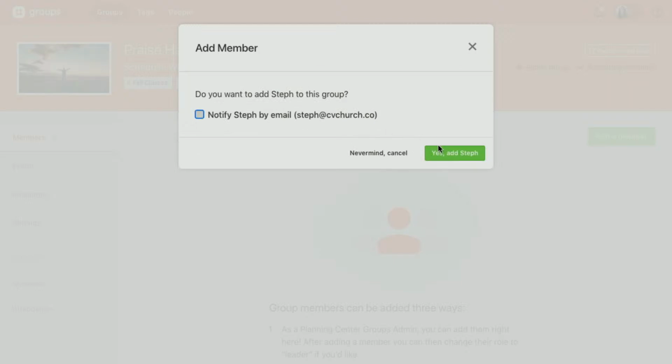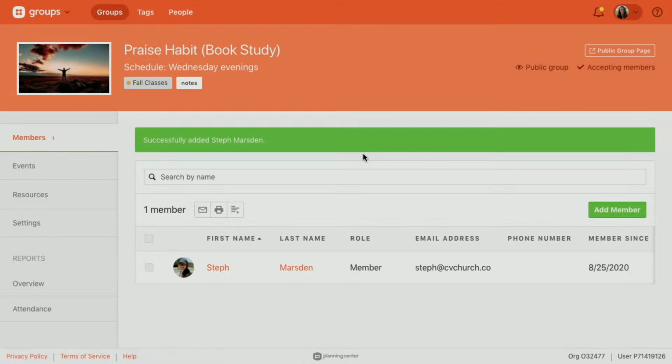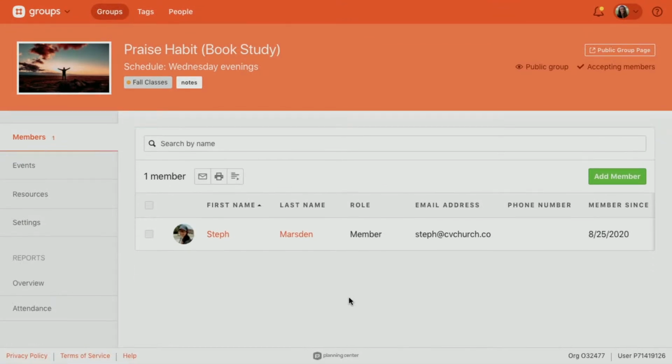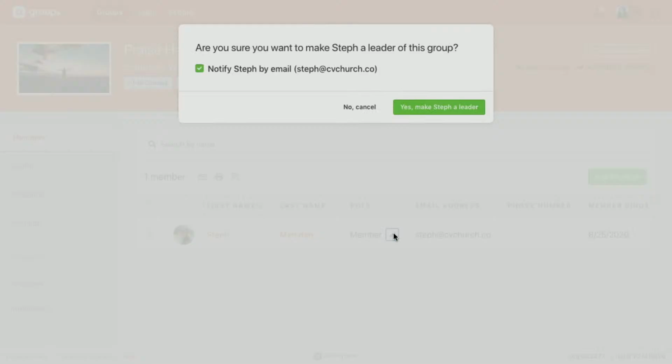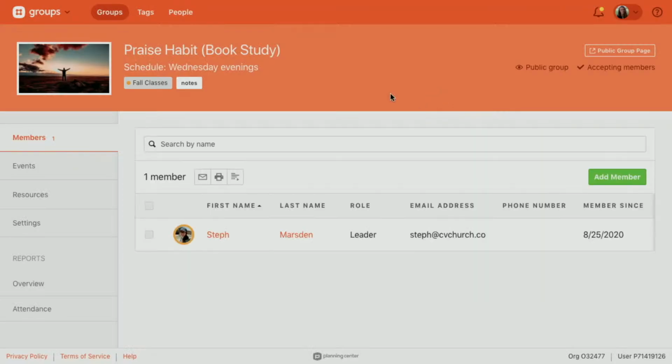I don't want to email her just yet because I am going to add her as a leader and email her then. So come right here, and all you need to do is hover over the member role, and this little pencil icon will let you make her a leader, and I'm going to send her an email. So yes, make Steph a leader. Steph, I hope I can trust you with this power. I believe in you, but we'll see how this goes.